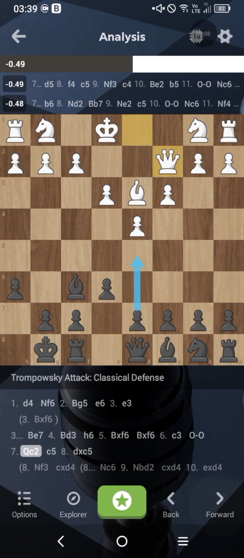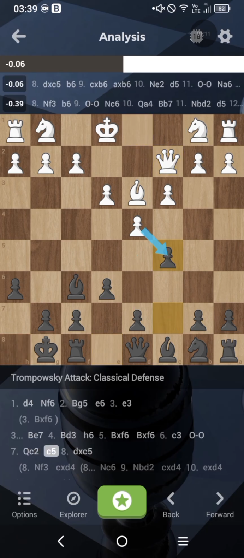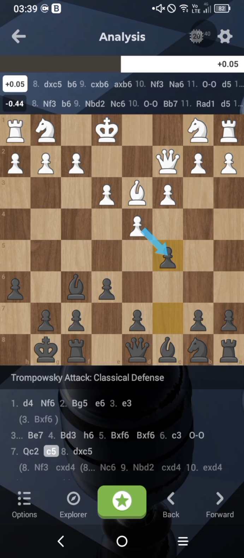Castles. Queen c2, c5. Well, this is why I love Lichess, because it's a testing ground for openings that I come up with. And this is one of these cases. When I was making the video back with the f4 Slav, which is a complete failure of a video, I mean, it's gonna work for blitz games and rapid games at 800, but it's probably not gonna work for 1700. And I stopped playing it as a result of that. It also bears my name on it, so if you are interested, check out that video. I might make a remaster of that as well. Anyway,